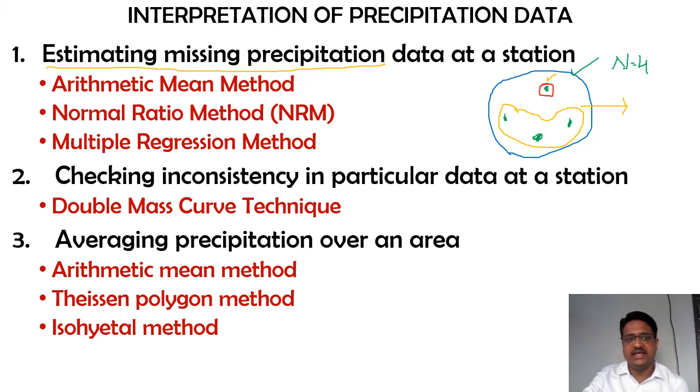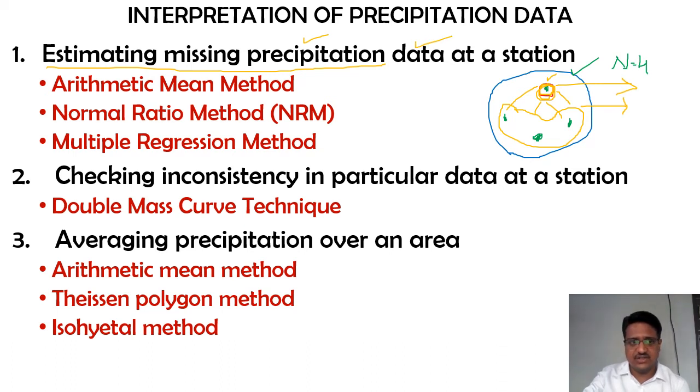and also, in some cases, the outside stations which are available, to calculate what the rainfall data might be from the non-working rain gauge station. Such calculations we are going to do. I hope you understood why we need this missing precipitation calculation: we need to calculate the rainfall data for that particular point where the station is not working.